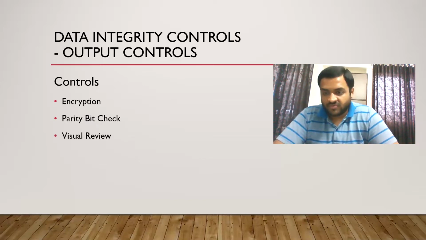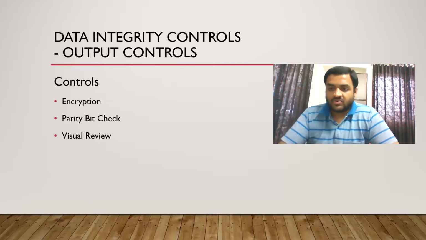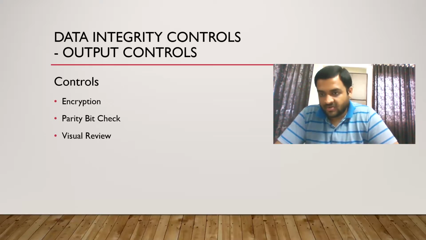Then visual review. What we will do is whenever we give a command to give an output, we will go to the printer room. In that printer room, a message will be displayed on the terminal that this person has been authorized and he has given the command to take these many printouts. So you have a visual review of what are the documents that will be printed once you access the printers. So what we will see is whether visual review is available or not. If it is not available, we will make sure that a system is installed for the output reviews.